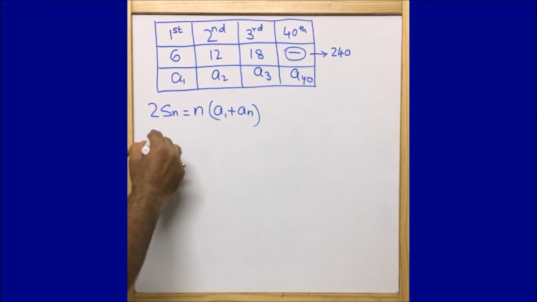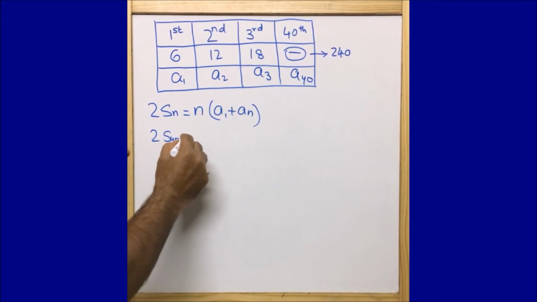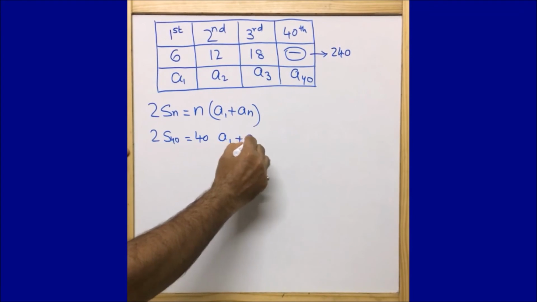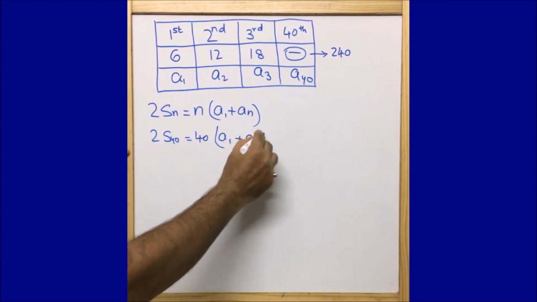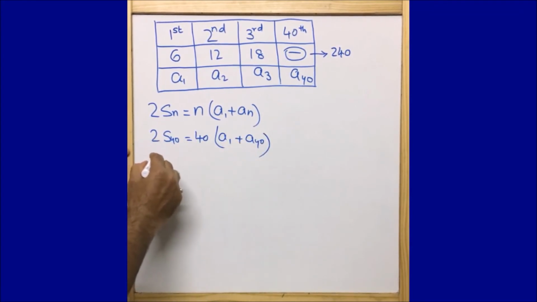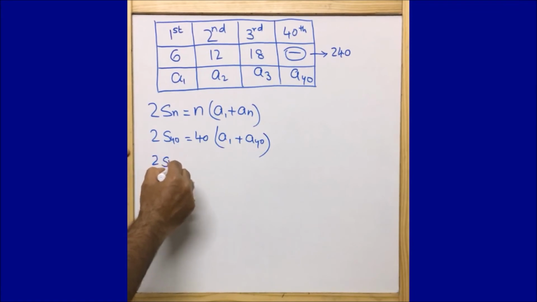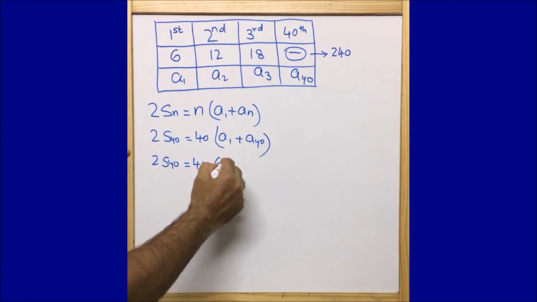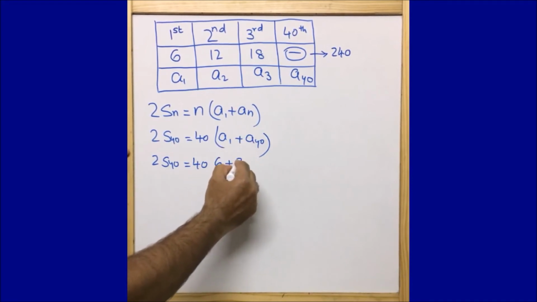Now I can write 2S40 is equal to 40 into a1 plus a40. Here n is 40, or I can write 2S40 is equal to 40 into a1 which is 6 plus a40 which is 240,